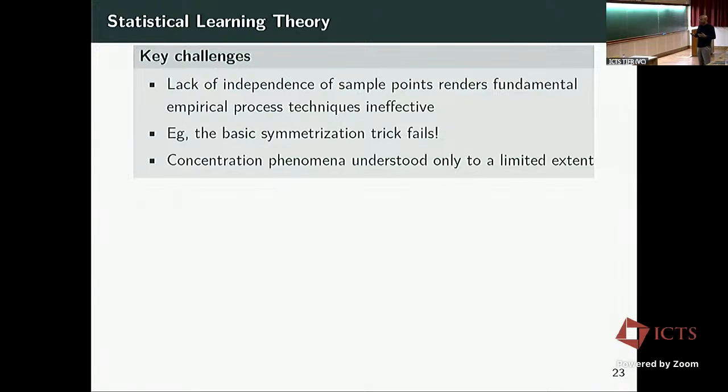So what kind of results do we have? These are the challenges, so in some sense, bad news. Early in the morning, it's probably good to share a bit of good news as well.